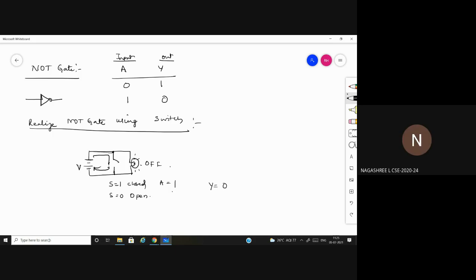The switch will act as an open circuit and offer infinite resistance, so the current will flow through the bulb. Very good. So the only available path for the current is through the bulb. So the bulb will be on. When A is equal to 0, the switch is open, Y is equal to 1. This is the realization of NOT gate using the switch.